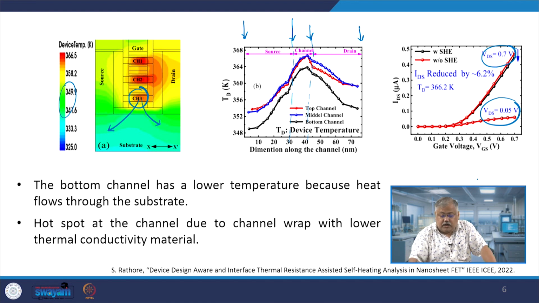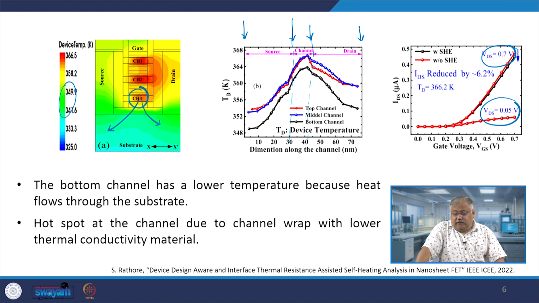I have not shown the black one here, but it is actually one over the other. So, at very low values of VDS, the self heating effect does not make sense. It's almost non-existent in real terms, and the reason is that at such a low potential the current is so small that you cannot